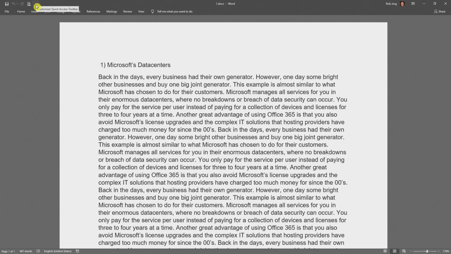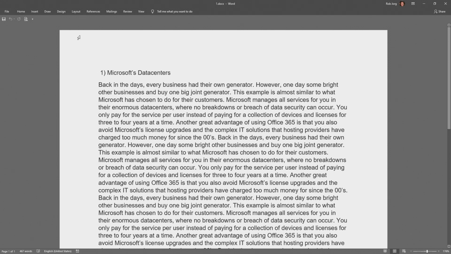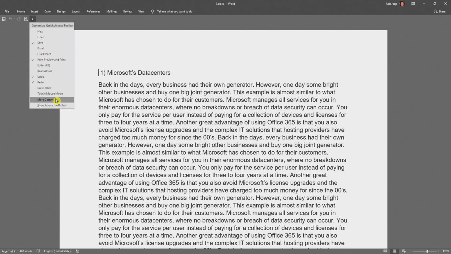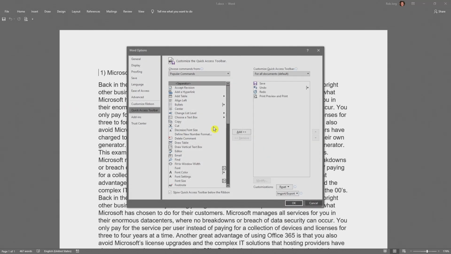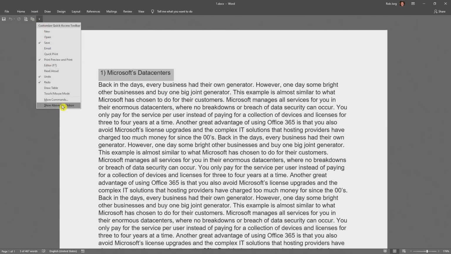You can move it below the ribbon, and I'm going to explain what a ribbon is. And there's something more powerful about this. You can add commands. Like if you want to add copy, okay, copy. And now you see the copy button is added. Let's put it back where it was.